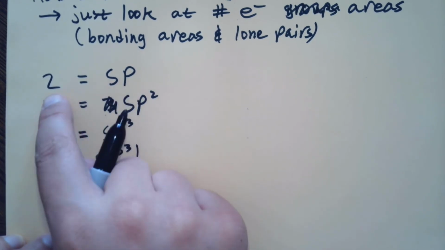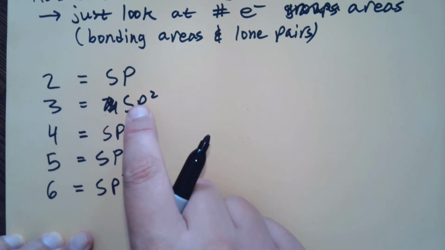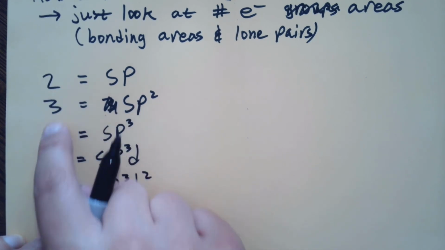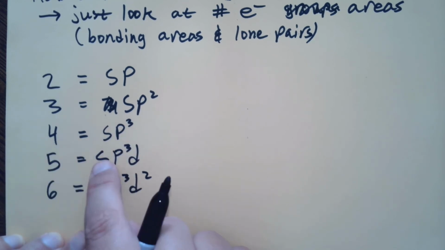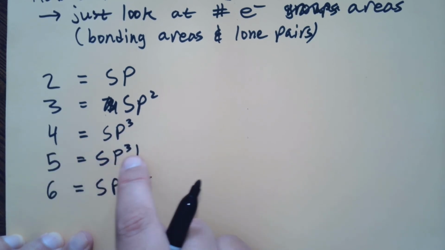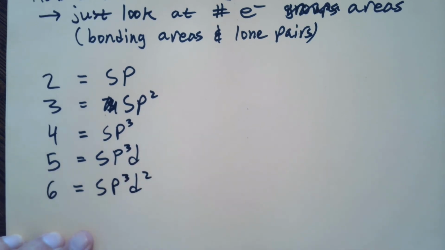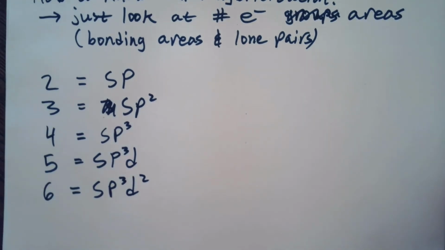1, 2 orbitals to put electrons in 2. 1, 2, 3 orbitals for 3 places. 4 orbitals, 1, 2, 3, 4 for 4 locations. 1, 2, 3, 4, 5 for 5 locations. And it's because,